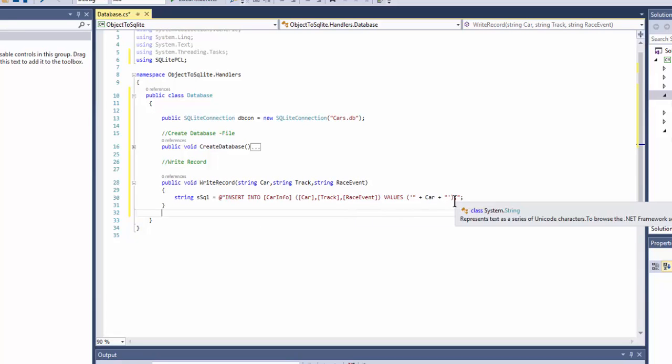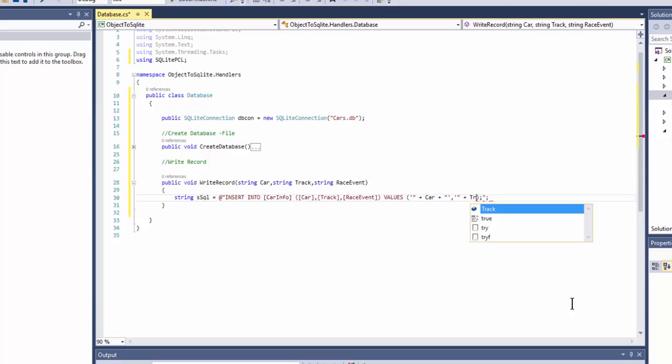And then you'd have to put values for each one. So here you need to have a comma. And then in between each one you have your single quotation, double quotation, space plus space, whatever it's going to be, track, and then space plus space, your double quotation mark and your single quotation mark. And you just do that right down the line also. So if you're going to do your race event, there it is. Now this would add 3 fields,